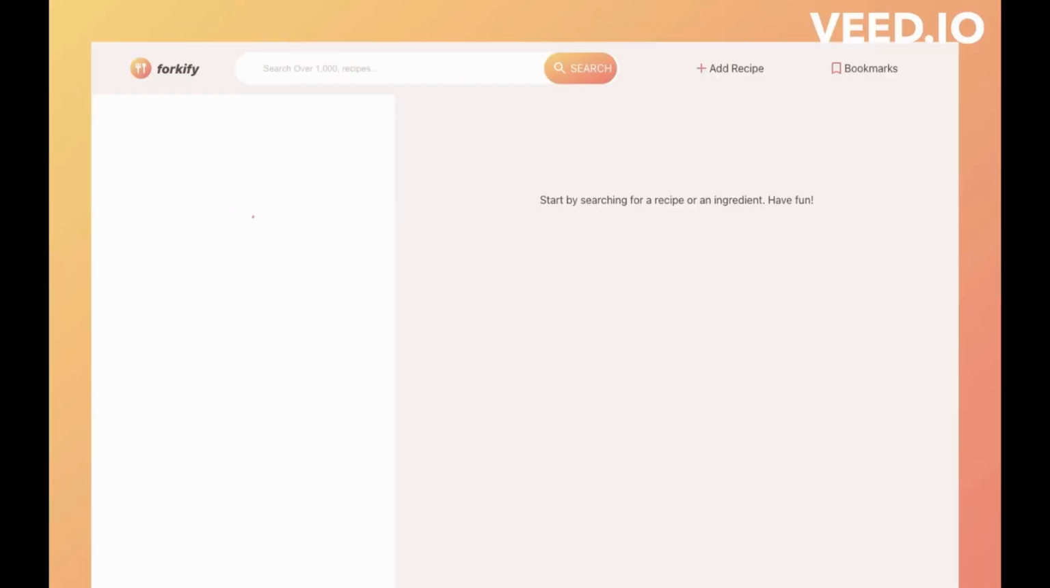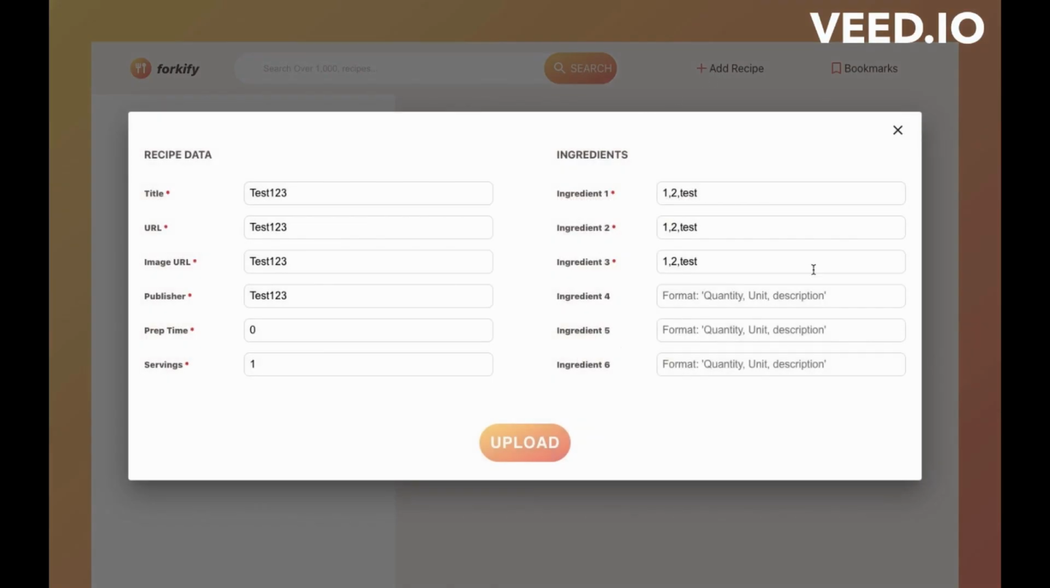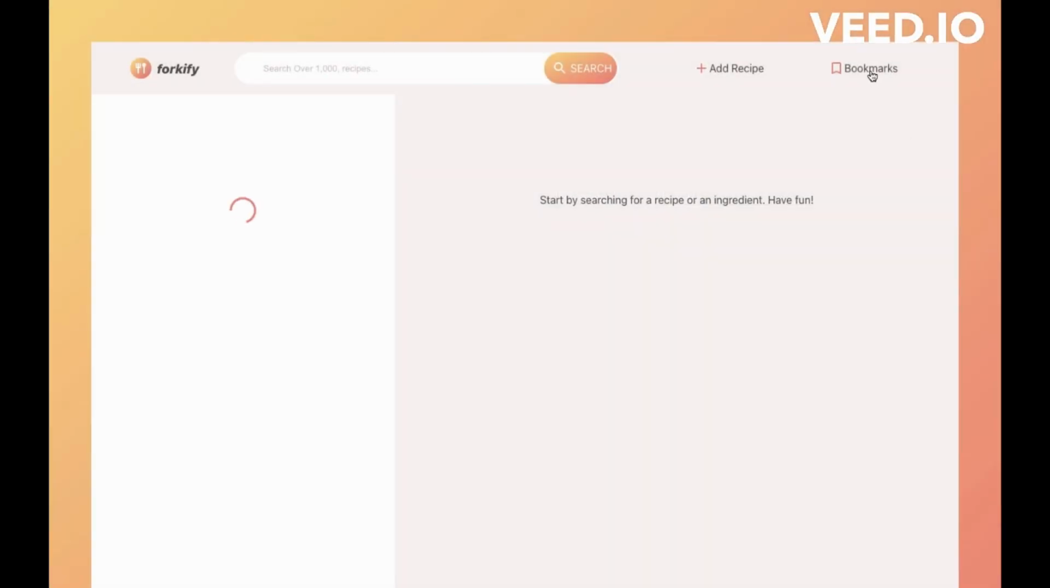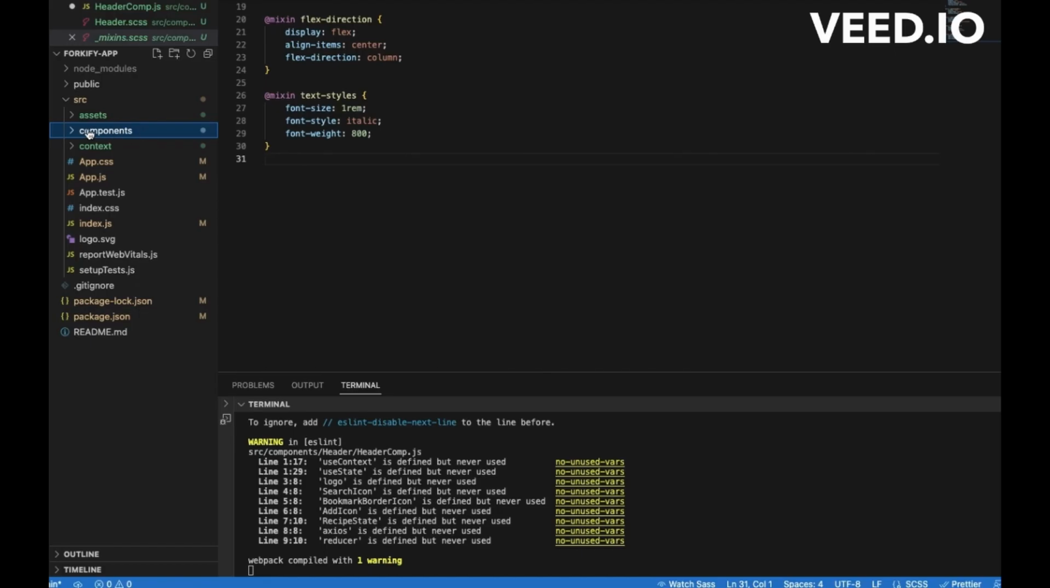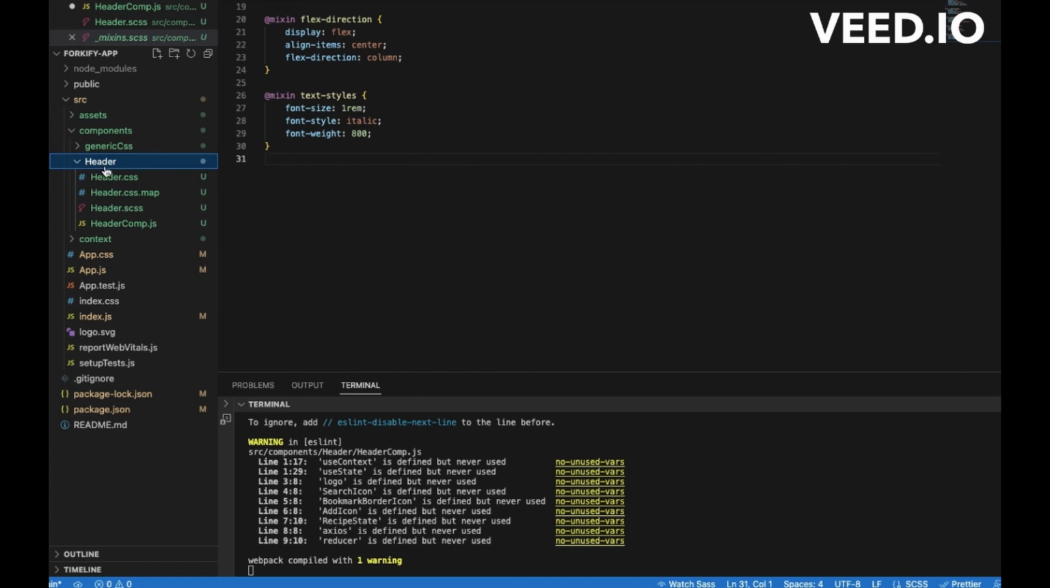Let's start with the header section. In the header, we have three sections: logo, search bar and the bookmark, add recipe section. We have a components folder which lists all the components. Inside components, we have a header folder which contains a list of all the header files such as JS and